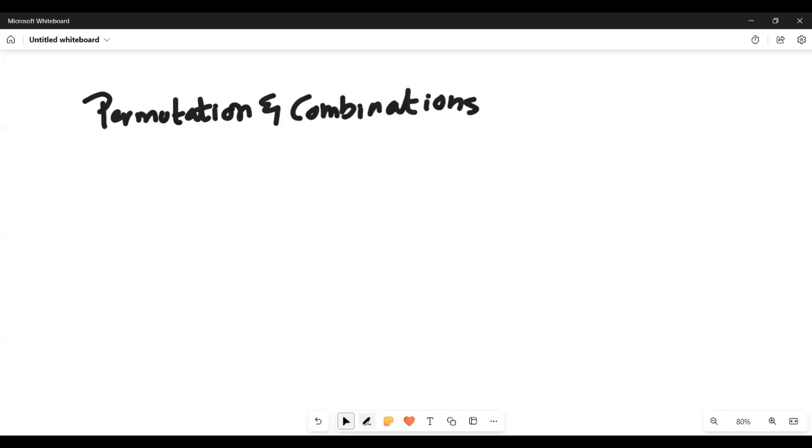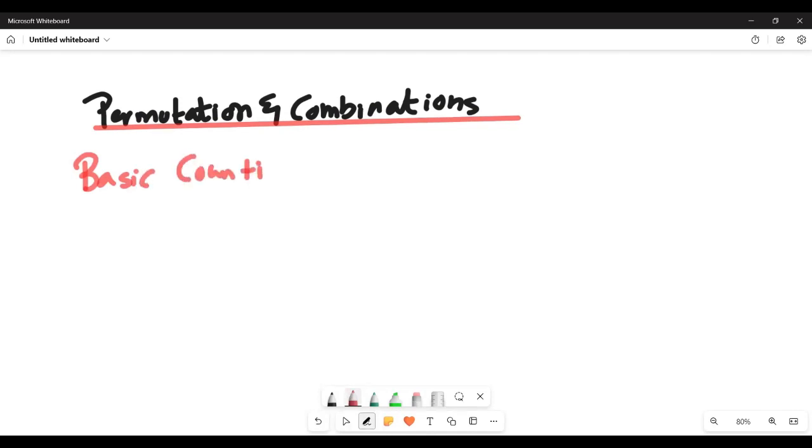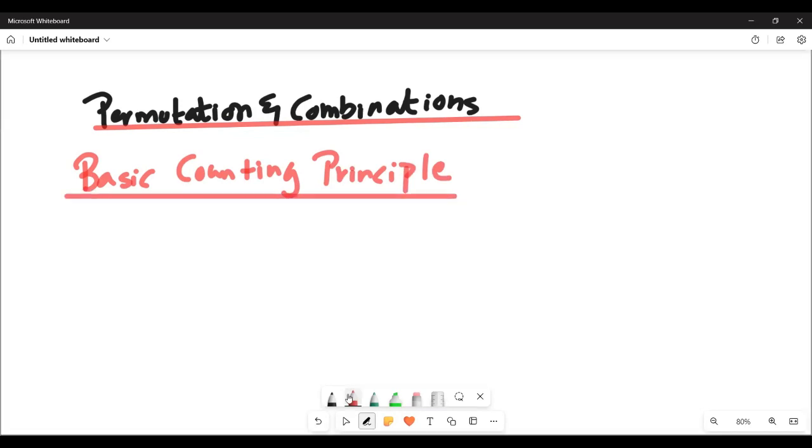So the topic we're going to start today is permutation and combination. Before we formally get into it, we need to talk about the basic counting principle. Now, what is this? The basic counting principle says that if event